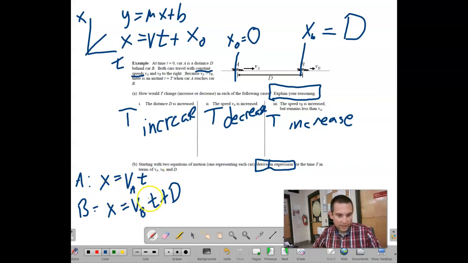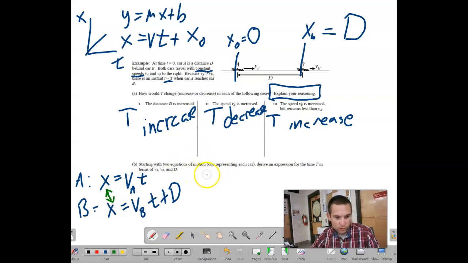We picked two equations and, what is the same about these? Is it our position? Is it the time? Or is it the velocity? It's got to be the position, because when car A catches up to car B, they're in the exact same position, right? The time is going to be a little bit different, but the total time, capital T, will be the same. So for right now, because these two x's represent the same position as one another,